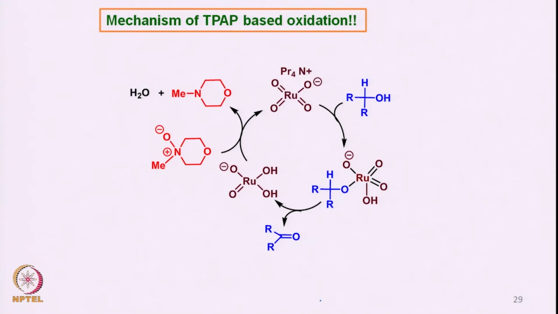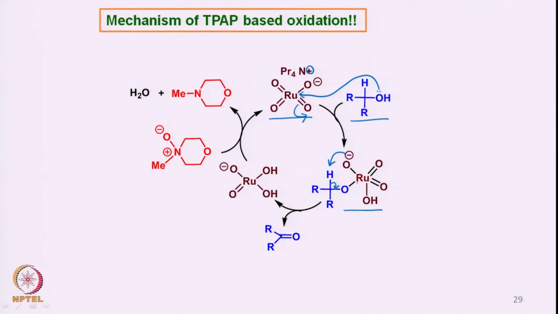It is very similar to the ruthenium tetroxide based oxidation, but here I have shown that the TPAP has a large counter cation, the tetra-n-propylammonium species, that reacts with the alcohol to form this kind of species, where the lone pair of electrons on the alcohol reacts with the ruthenium with the movement of the electron density onto the oxygen, forming this intermediate, and this intermediate then can take up the proton,